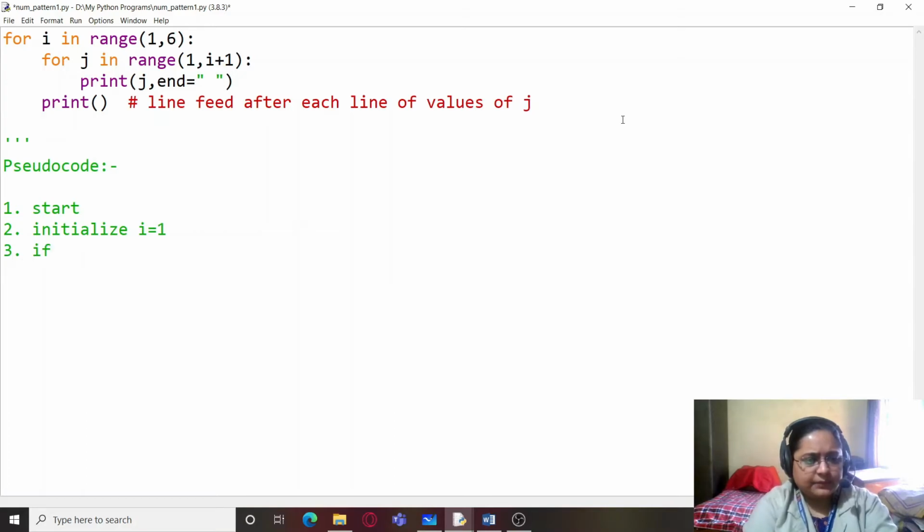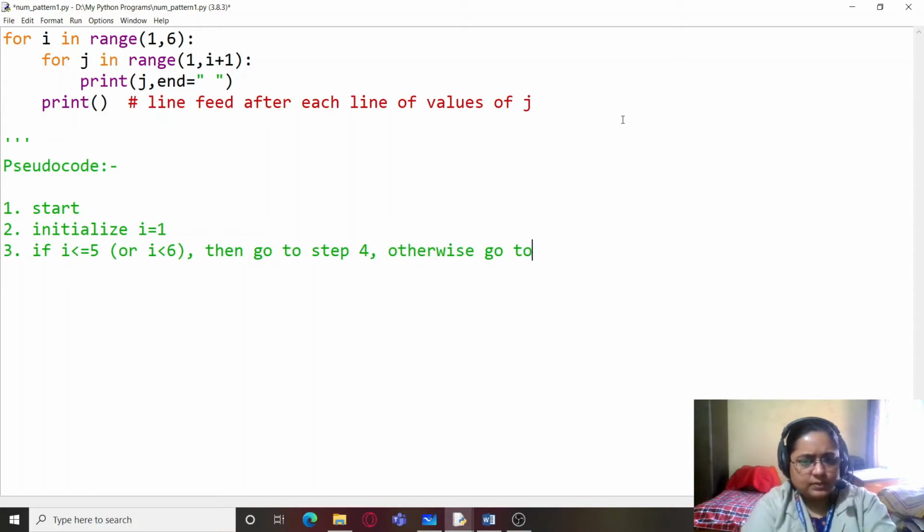Next is if I is less than or equal to 5, or alternatively you can also write less than 6 because we have taken 6 there. If this is the condition, then go to step 4, otherwise go to step X.